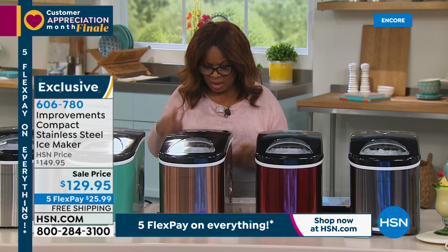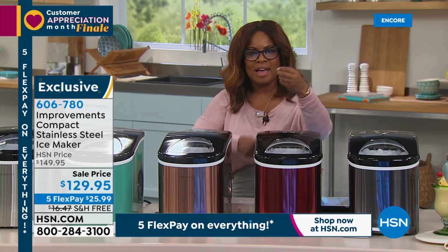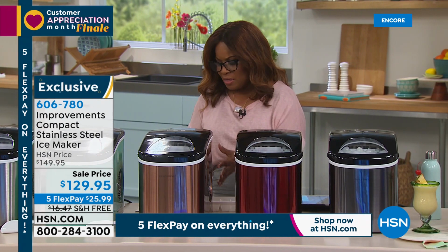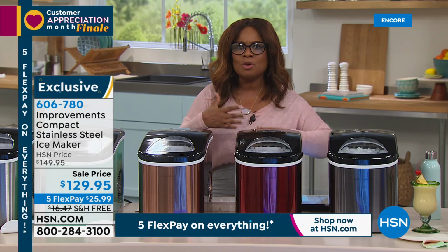Remember, it holds up to a gallon of water. And remember, you don't have to attach this to any type of tube. No drainage with this one. You simply plug it in, and that makes it so easy. And it allows you to be able to take this